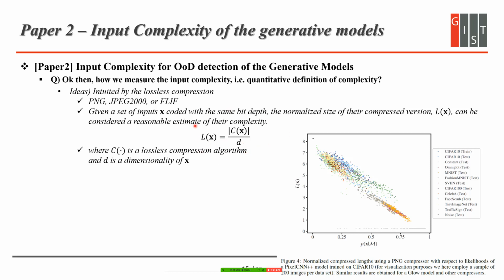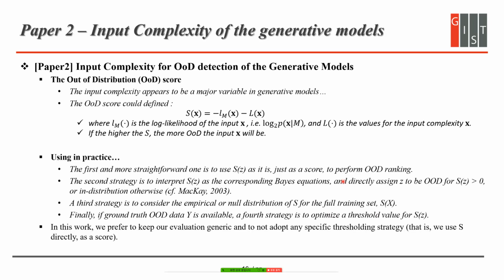So by defining the complexity value, some measurement values considering the input complexity, and comparing the relationship between the input complexity and the likelihood values, we could show that these two values have a negative relationship. So from this negative relationship, the author defined the out of distribution score, which means that in the previous score we just used the likelihood, but we subtract the input complexity from that value. So this scoring